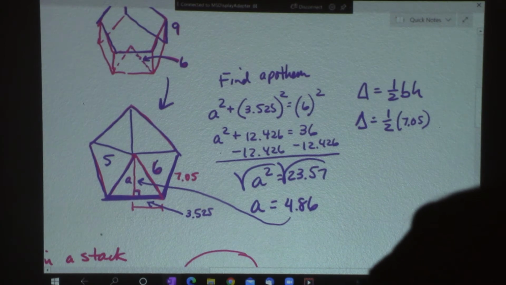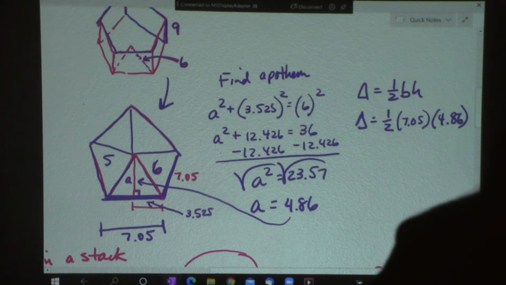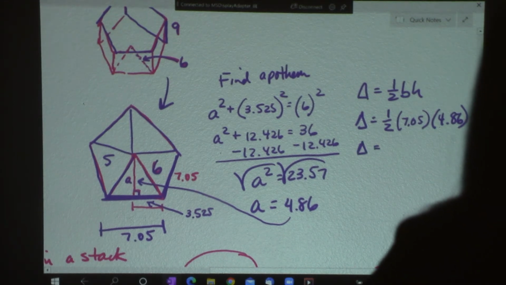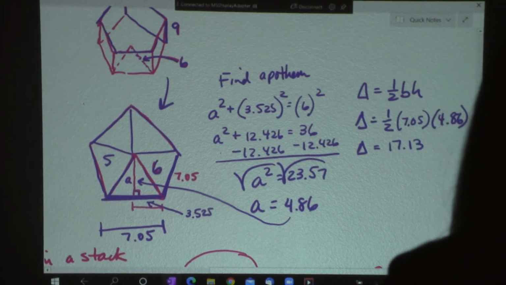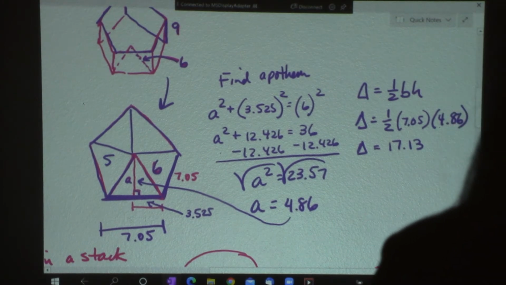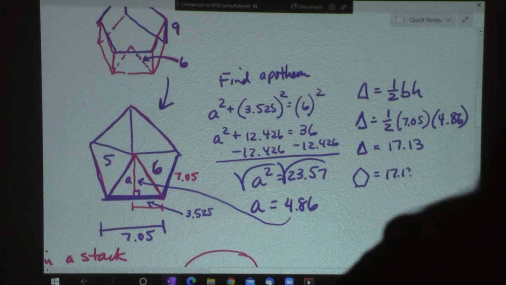Okay, so down here, this entire thing is 7.05, and that's my base. And the height is my apothem, which is 4.86. And when I work that out, I get 17.13. Okay? And then the area of the pentagon is 5 of those triangles, or you can